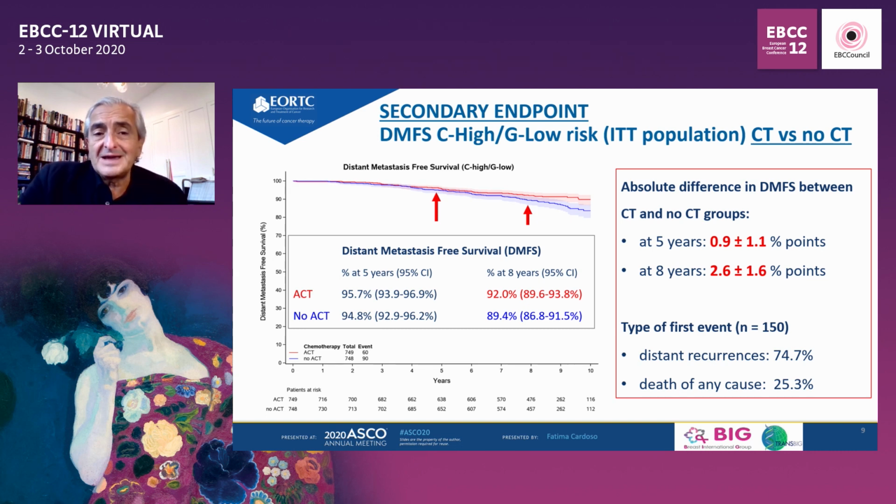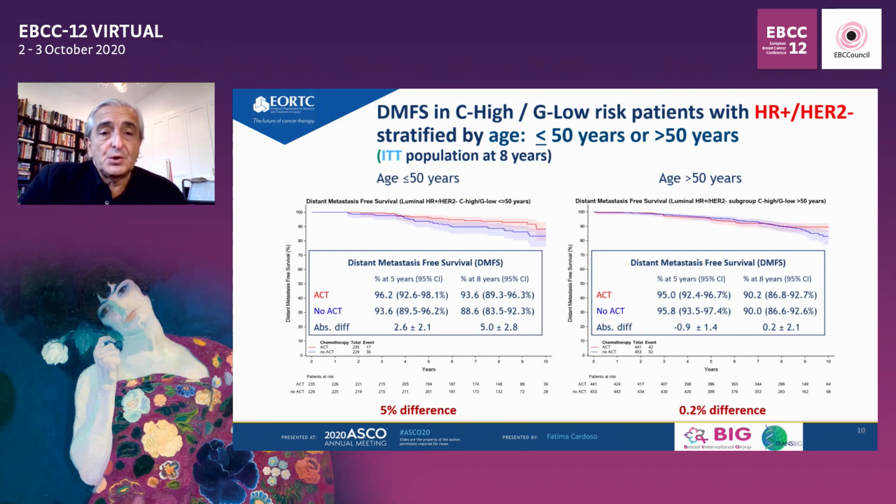This proved surprising in view of the fact that the Oxford Overview had identified previously, from over 100,000 women studied in adjuvant trials, that the main benefit of adjuvant chemotherapy, at least in its direct cytotoxic effect, would be to reduce recurrences in the first 5 years. Now, the explanation for this finding is shown here when an age analysis was applied to this same cohort of